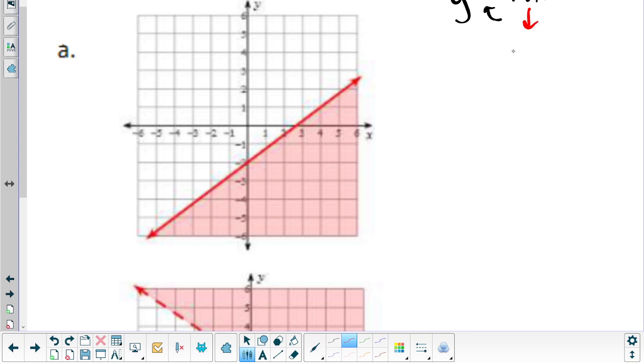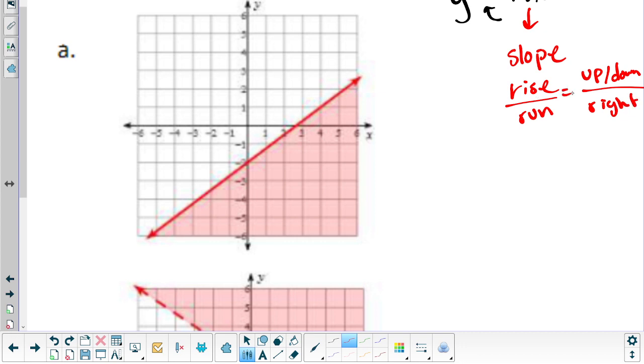So remember, I need to know what the slope is first. The slope is m. That's my rise over run. In other words, that's how far I go up and down over how far I go to the right. That's my run. The way I figure out the slope is to find two nice points, and by nice points I mean points that go directly through one of the grid lines. When I look, I can tell that this first blue dot goes through the grid line at -2. And then this dot right here goes through the grid line at